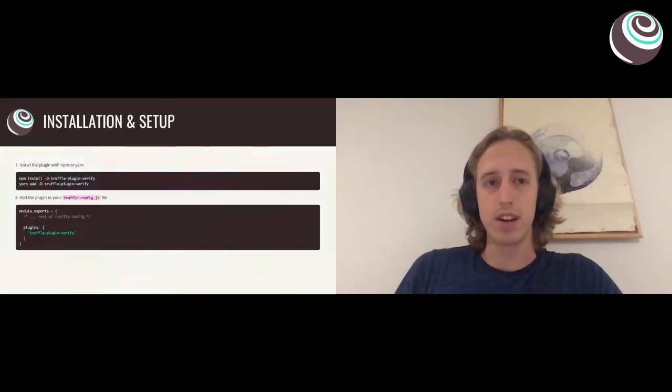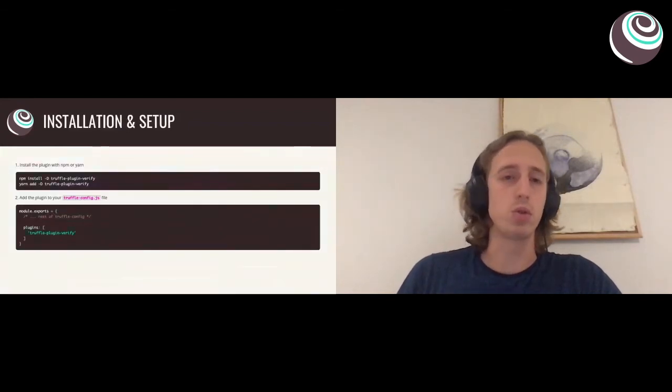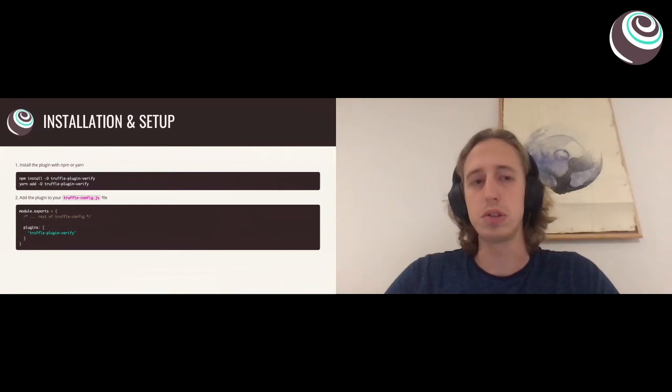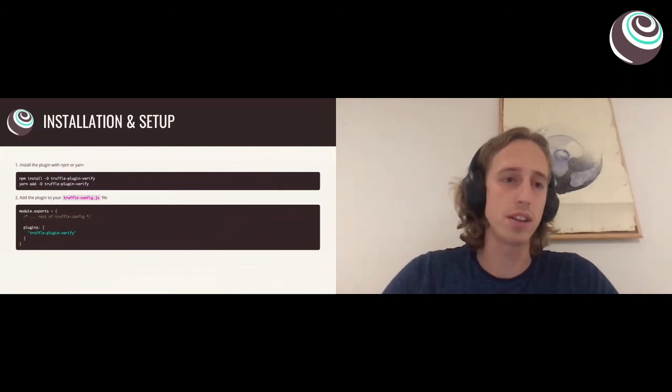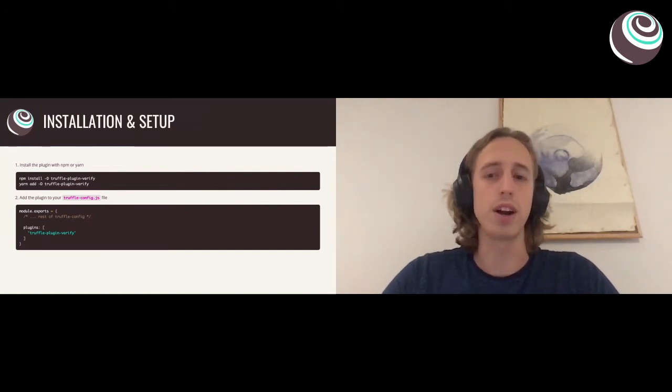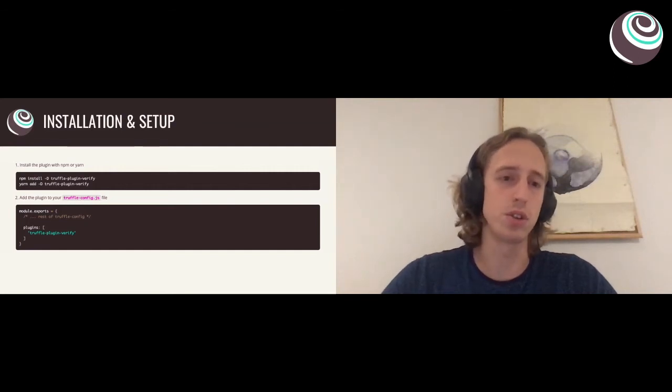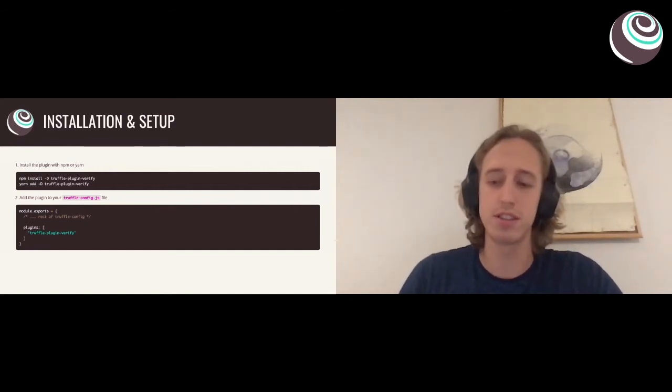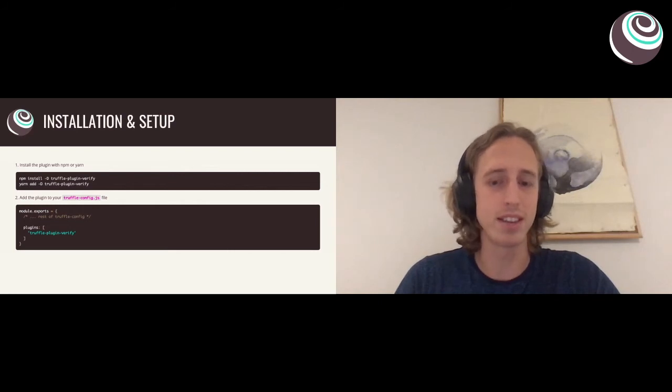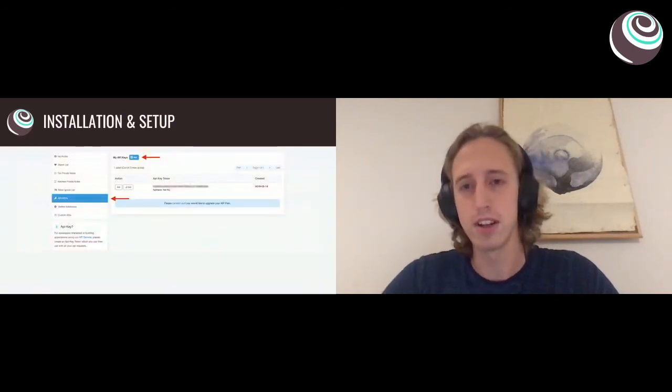So first up, in order to install it, you have to go through a few steps. We'll install the npm package, and then you'll have to add the plugin name to your Truffle config file. So for every Truffle project that you want to use this in, you have to do those steps. It's not too difficult, but then the next step is that you will also have to